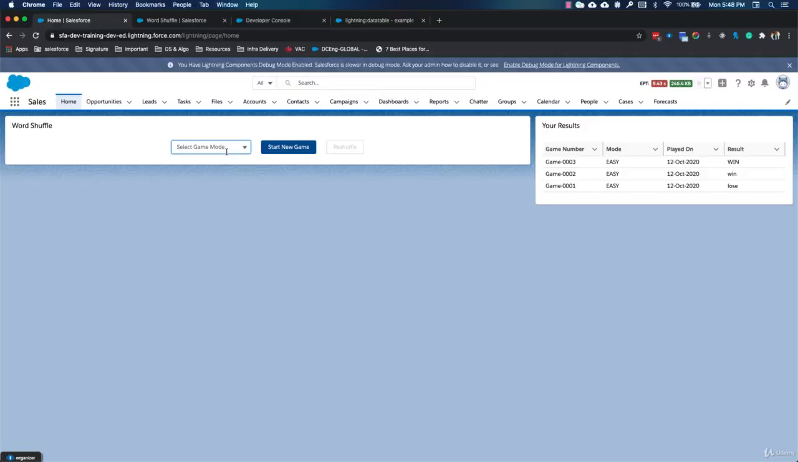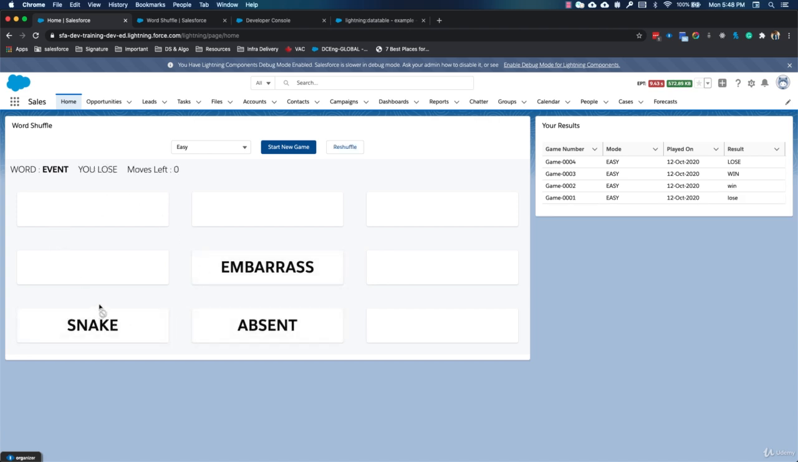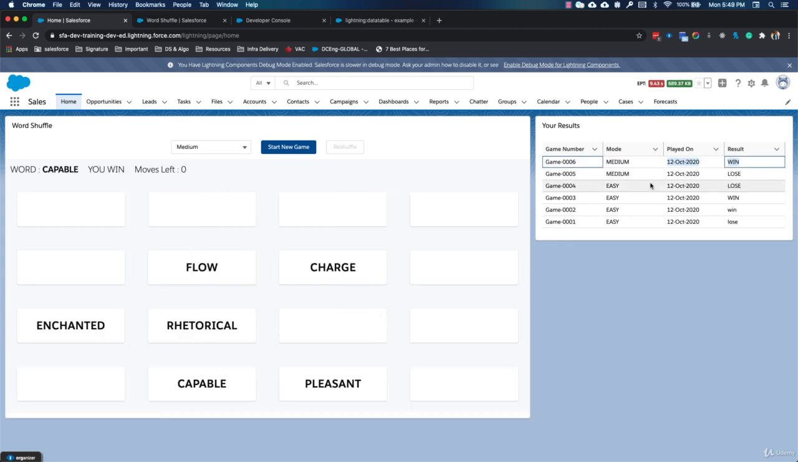Let's play a new game. Okay, so we have lost this game, and if you notice, we have got our results immediately. Perfect. Our word shuffle game is almost complete,